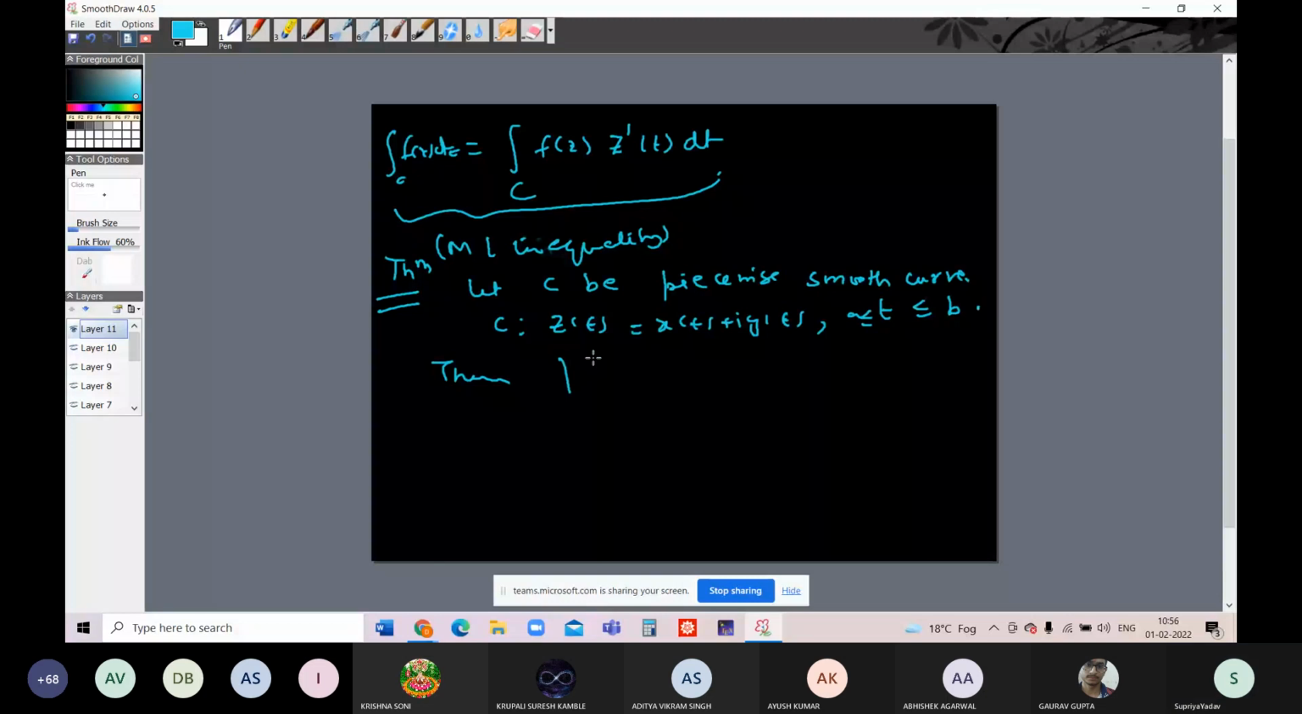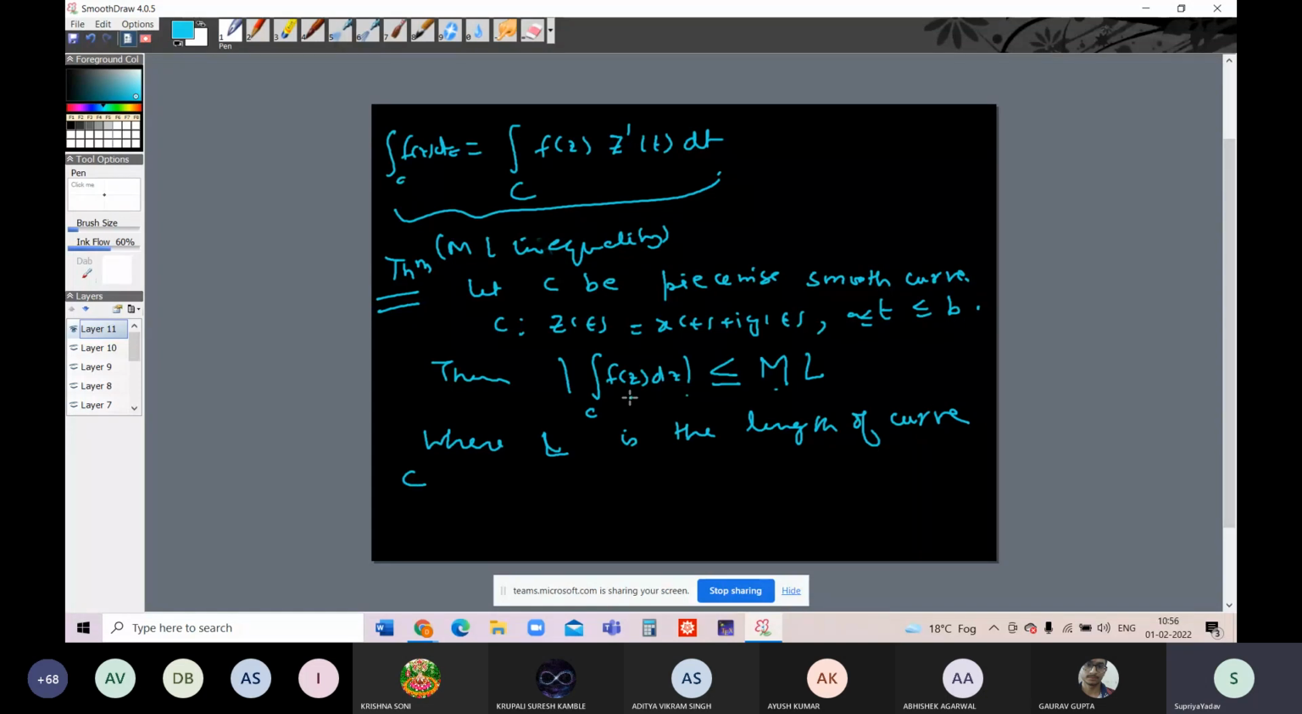the modulus of the line integral along C of this function f(z) is bounded by ML, where L is the length of the curve, the complete length of curve C, and M is the upper bound of this function f(z) over this curve C. M is a positive number such that the mod of f(z) is always less than or equal to M everywhere